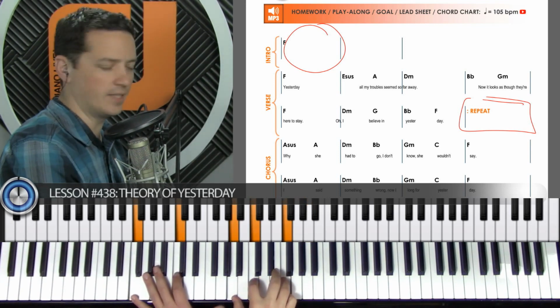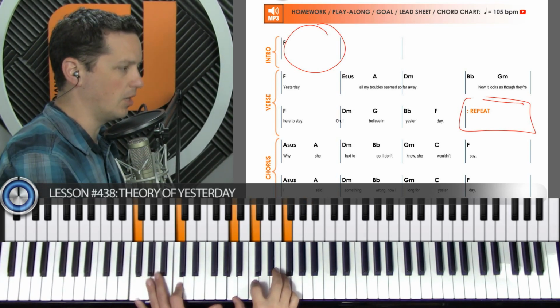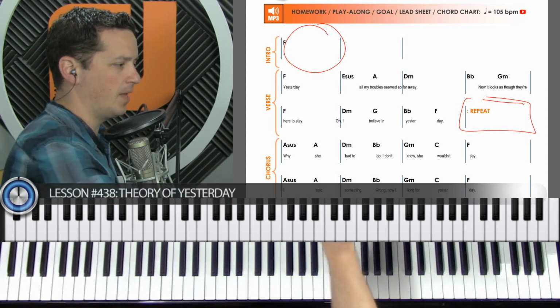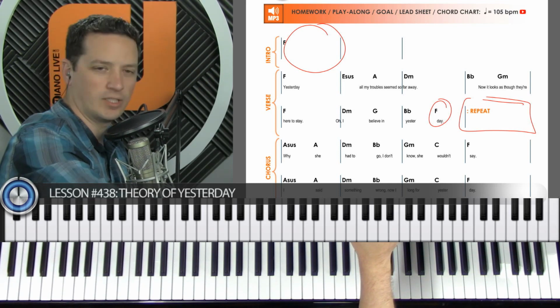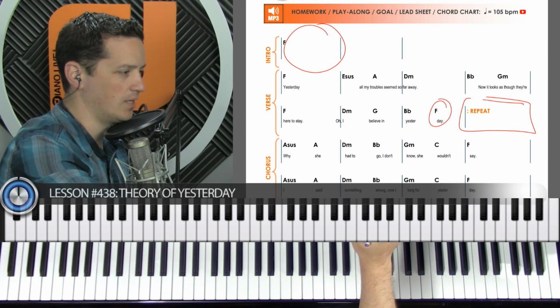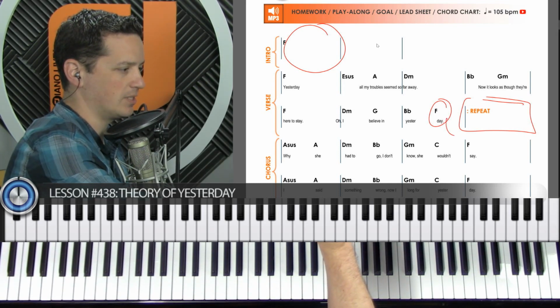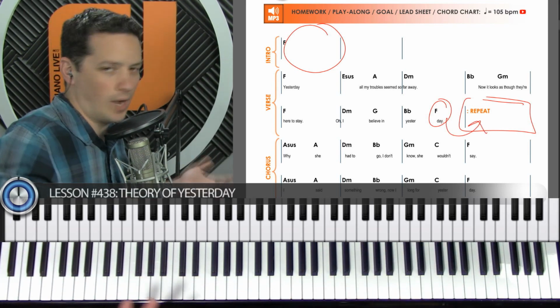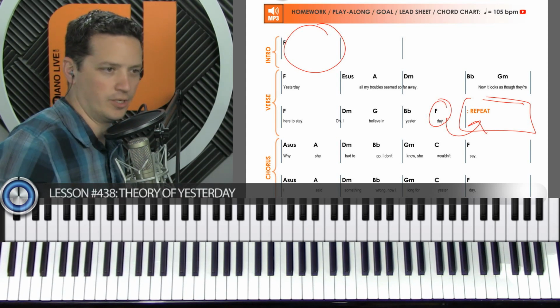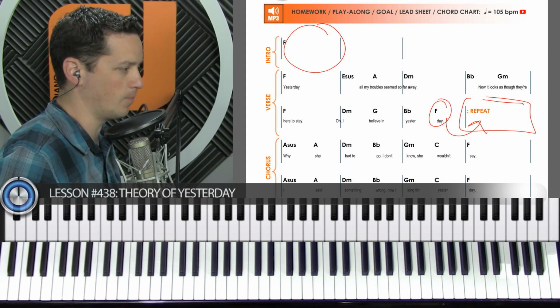4. That's kind of how we would expect it to go. They do hit this F a little bit early, which helps because they have some resolution to it. It's not just like they leave you hanging at the end of that. But normally we'd expect to see this F over here. So it would be, and it's not going to sound right if you know the song. If you don't know the song, then you're in luck because this is going to make more sense to you.